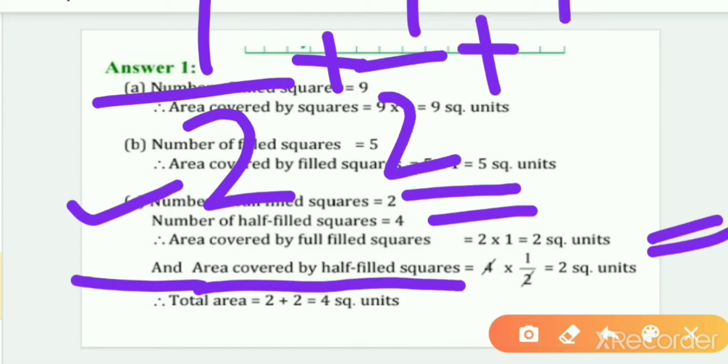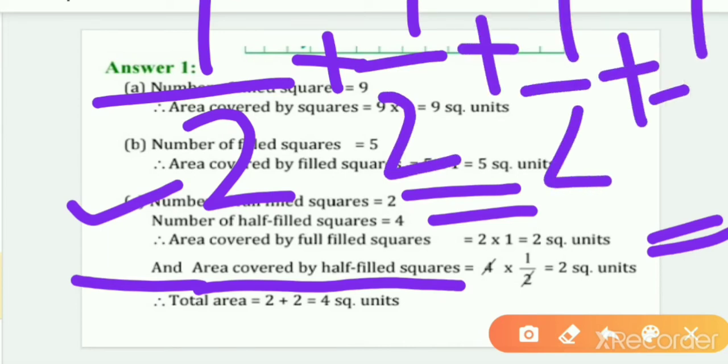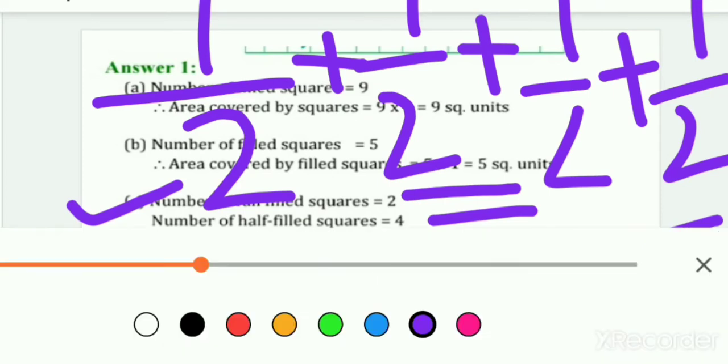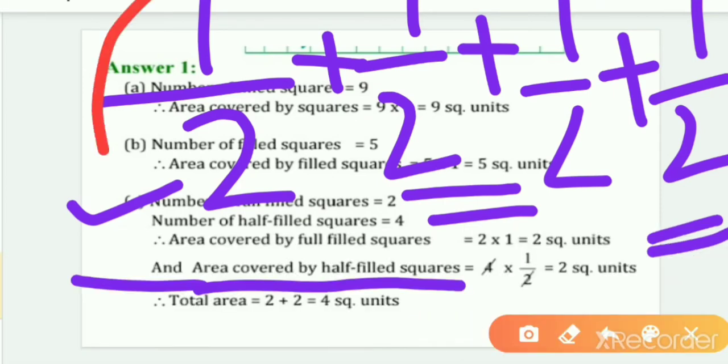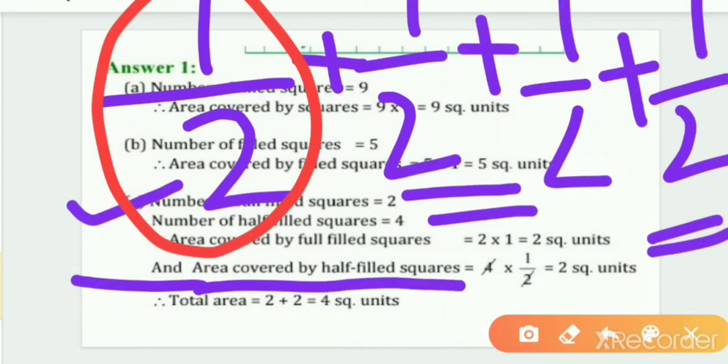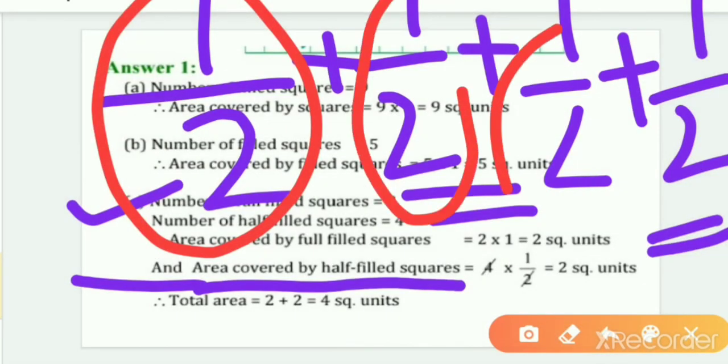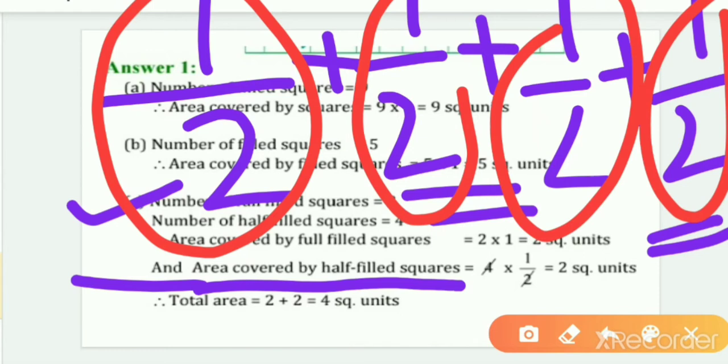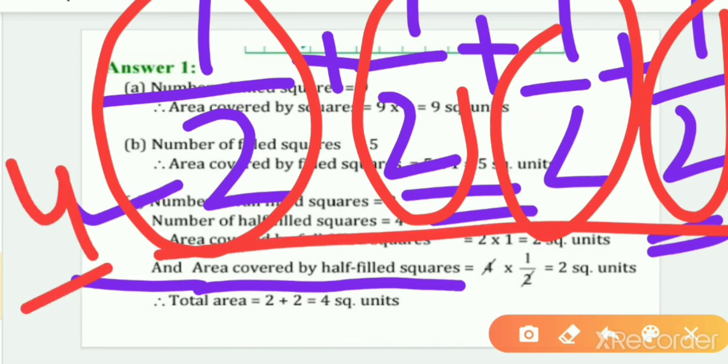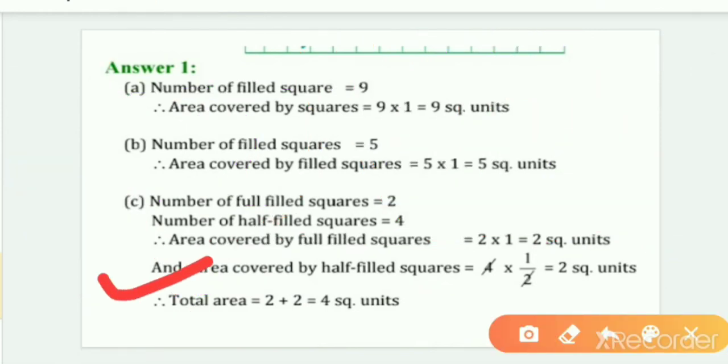because we are having how many half filled? We are having 4 half filled. So add 4 half filled, 1 by 2, 1 by 2, 1 by 2, 1 by 2, and what it will become? Because all are same, so it will be 4 by 2, and divided by 2 it will become 2. It will just become 2. Either you can show it like this also, so it will become 2. Either you have to solve it like this.